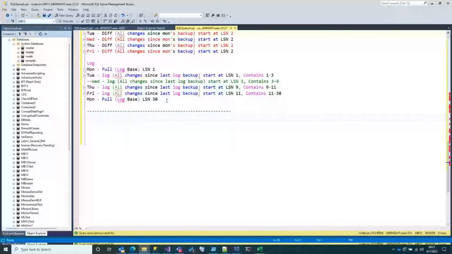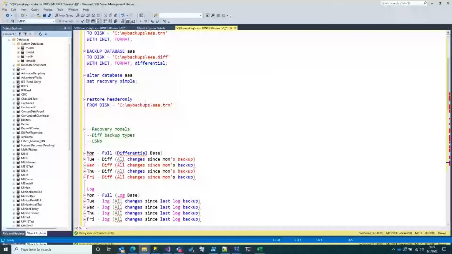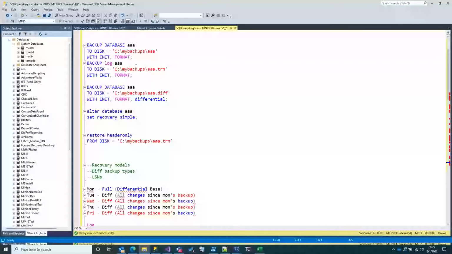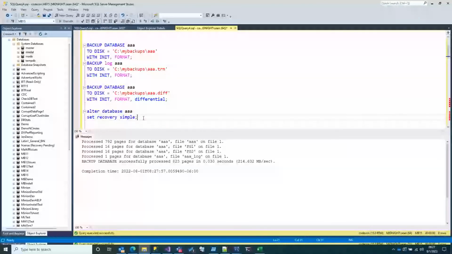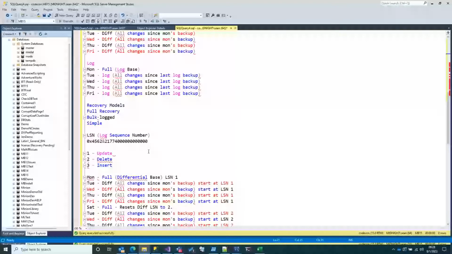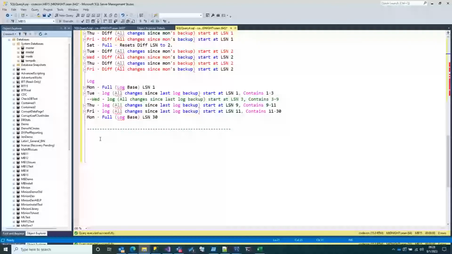Cool. So let's go up here and back up one of these databases. AAA is just fine with me. So we're going to back up AAA. There we go. Come back down here to the bottom. And now if I want to restore it,